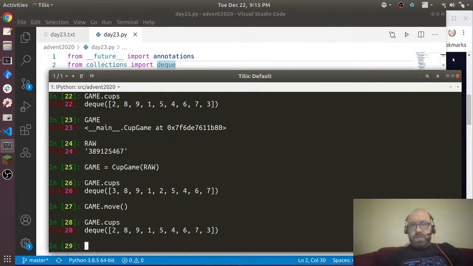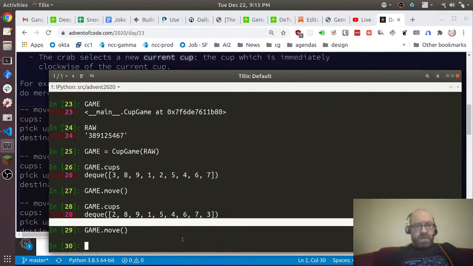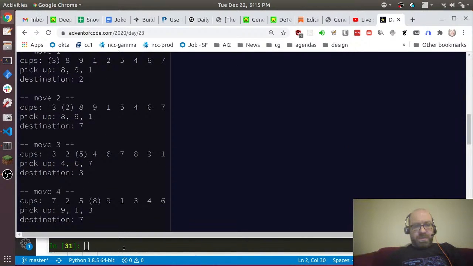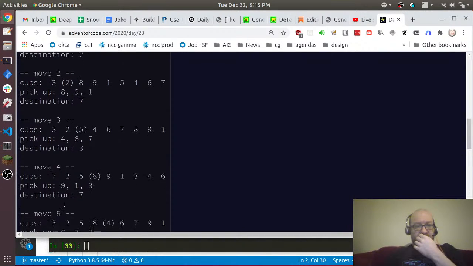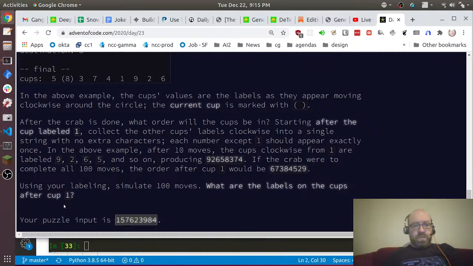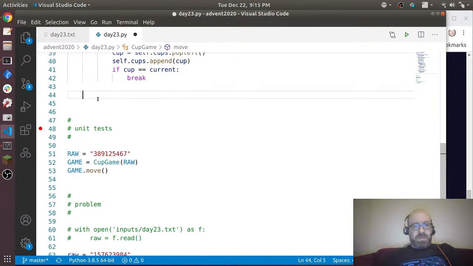And now it's 289 whatever. Game.move and game.cups. And now it's 546789132. Game.move and game.cups is 89. Okay, so that looks good. Starting after the cup labeled 1, the labels. So now let me say